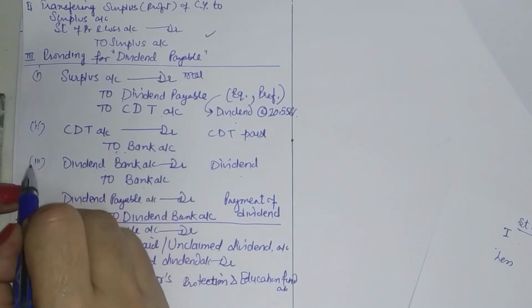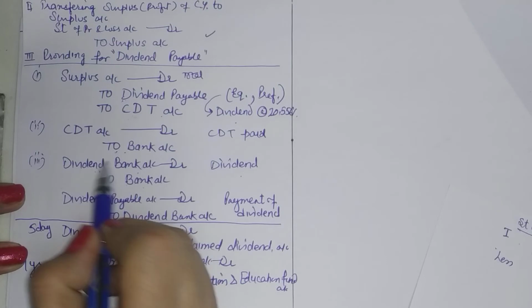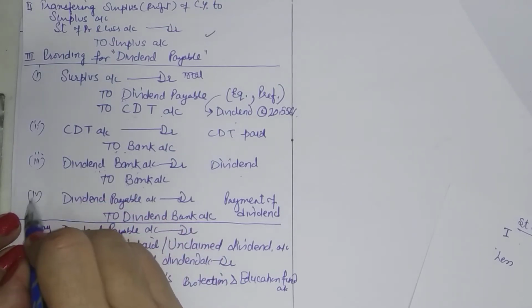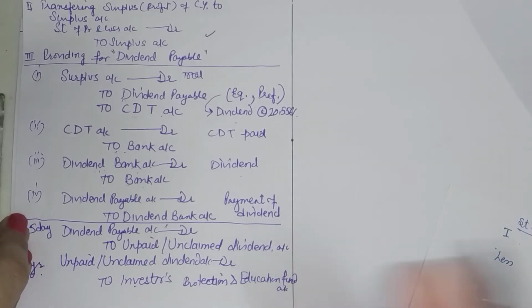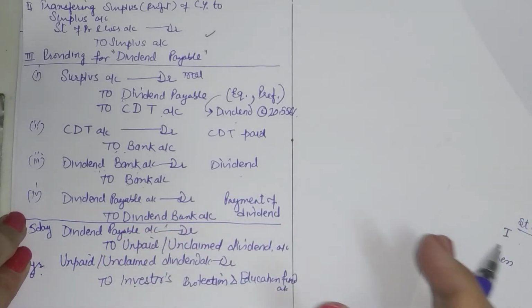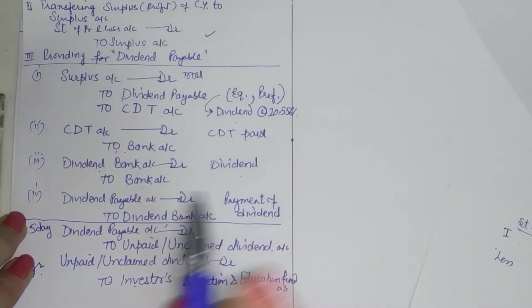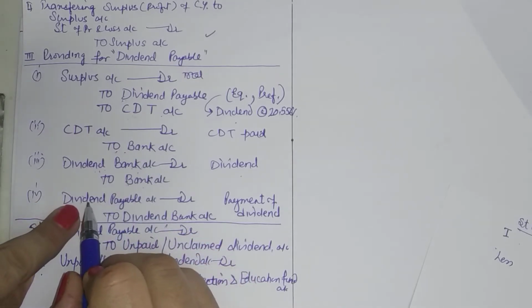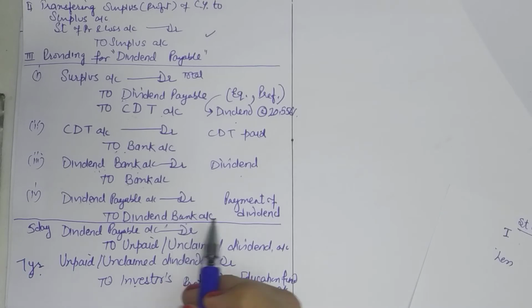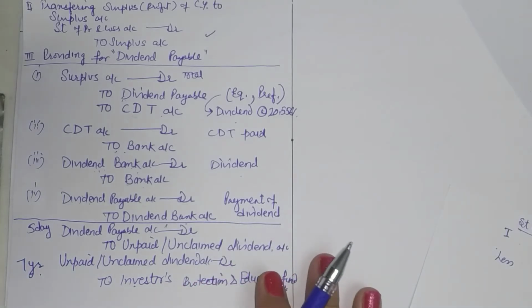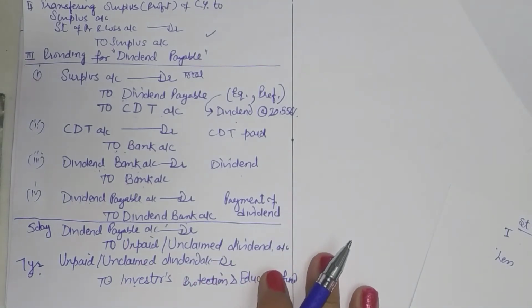In order to pay dividend, you create a separate bank account, you open this account and you pay dividend out of this bank. Now, if some amount cannot be paid because the shareholder doesn't know or he is not traceable, the person doesn't come, then this amount will be left as a balance in dividend payable as well as in dividend bank. So since this dividend is unclaimed, no one has come to claim this dividend or the company cannot pay this dividend due to this reason.